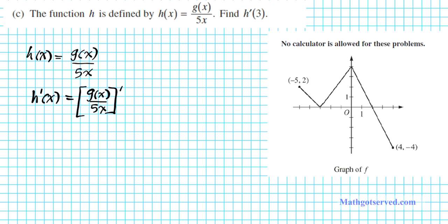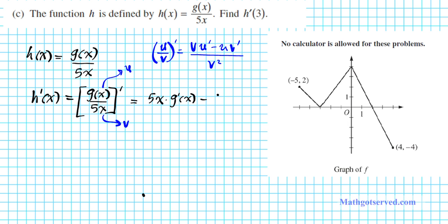All right, so before I differentiate this, let's go ahead and review the quotient rule real quick. u over v, prime, is equal to v u prime minus u v prime, over v squared. So in this problem, the numerator function is your u, and your denominator function is your v. All right, so let's go ahead and apply the quotient rule. So v is 5x times the derivative of the numerator, g prime of x, minus u, which is g of x, times v prime, the derivative of 5x, which is just 5, divided by the denominator squared, which is